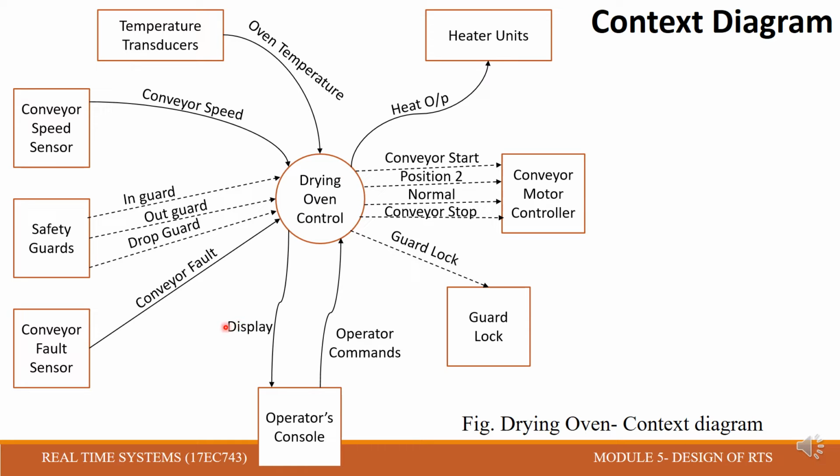We can see directed lines, one dotted line and a solid line. These directed lines show the data or control transformations that are passing between the system and the environment. The solid lines represent continuous flows, used for data or control signals for which there is always a value available to the system.